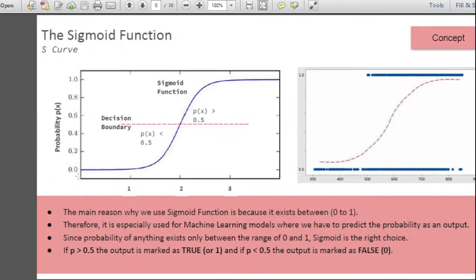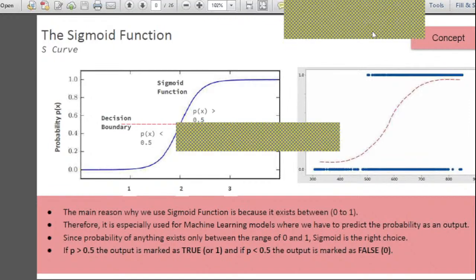Yes, you can see probabilities here. With the help of the decision boundary, when your data point is